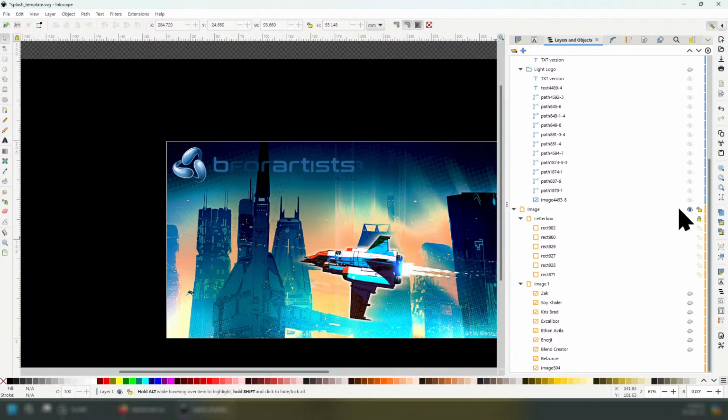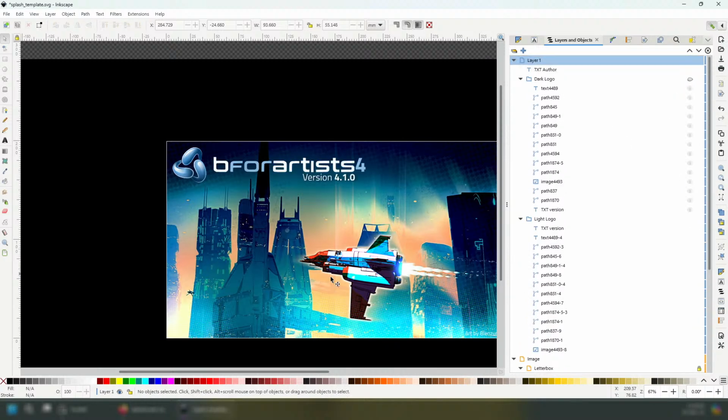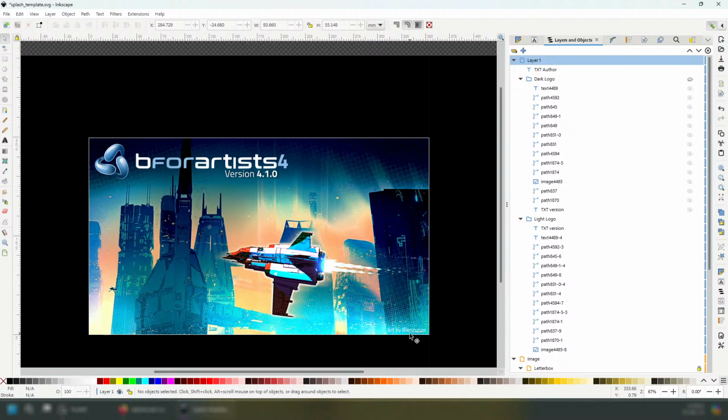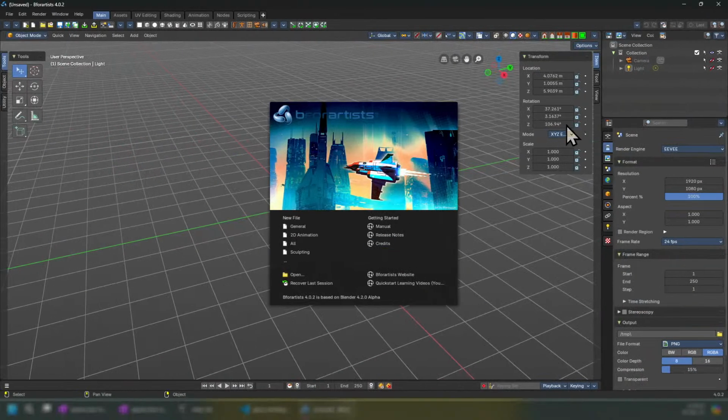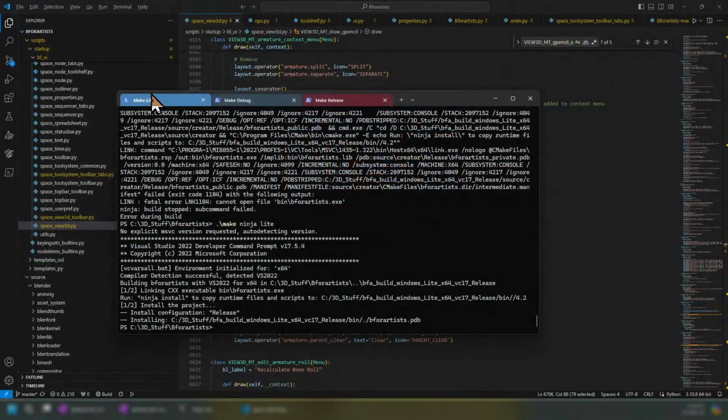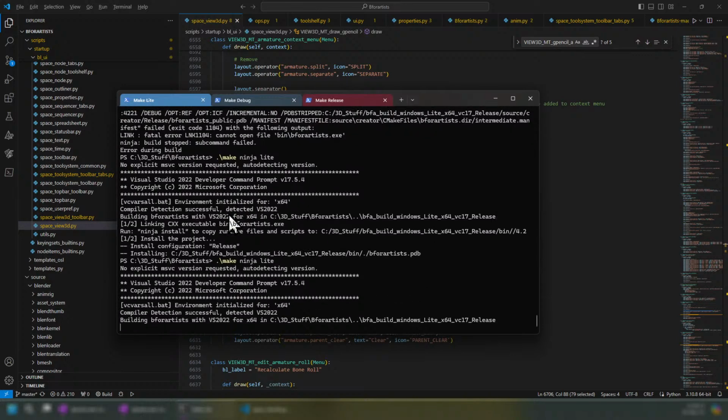So let's bring out the light logo and remove the dark one. There you go. Art by Belsunce. Congratulations. We'll export the file, save it, go back to compiling, just close it, make the light version because it's nice and quick, let it do its compiling,